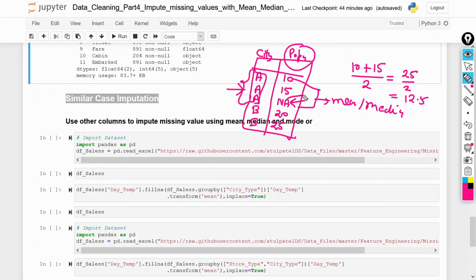So this value will be 12.5. So this way we can impute the missing value in any column with the help of another column. This is called similar case imputation. So same thing we are going to use here.